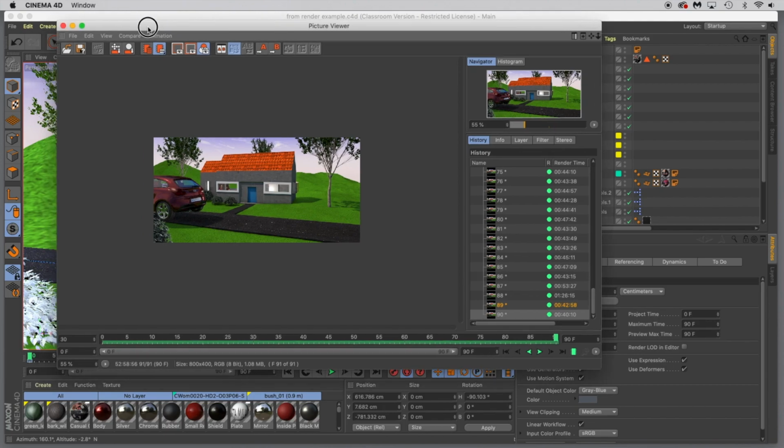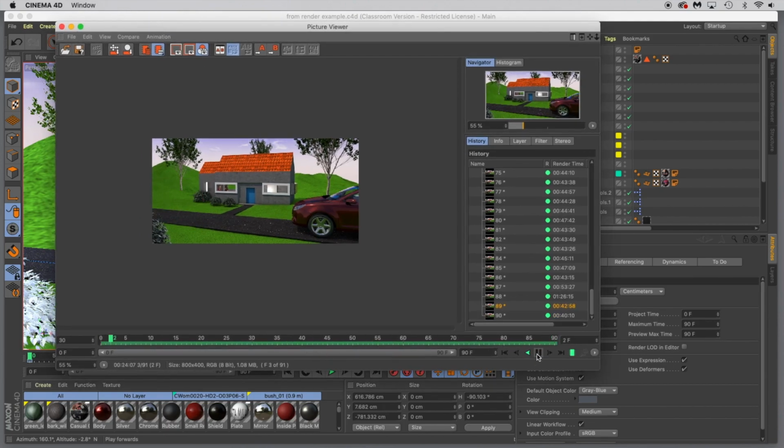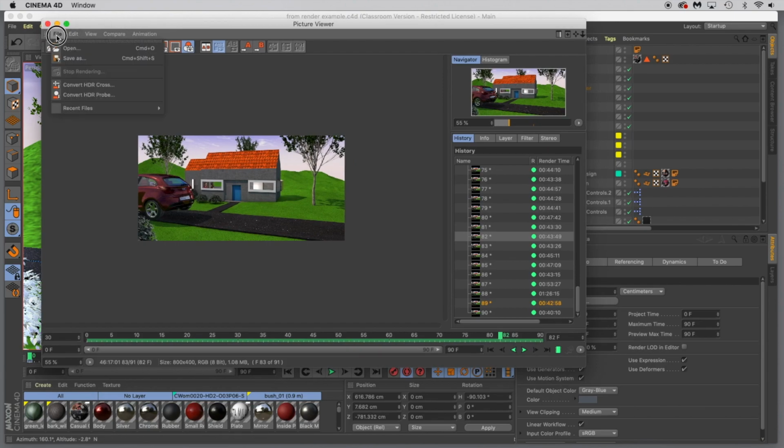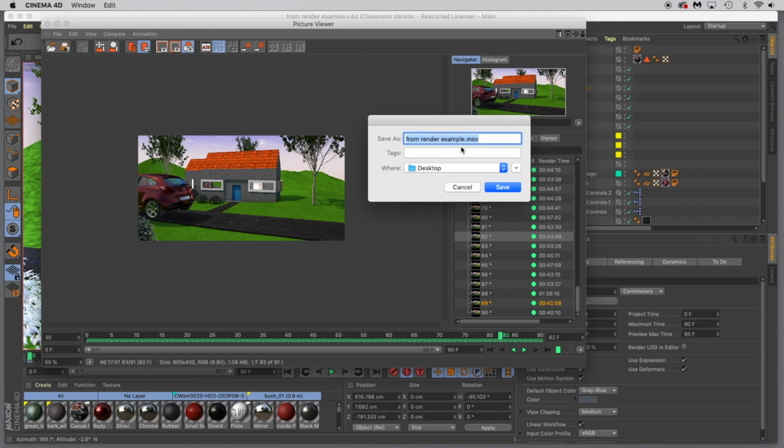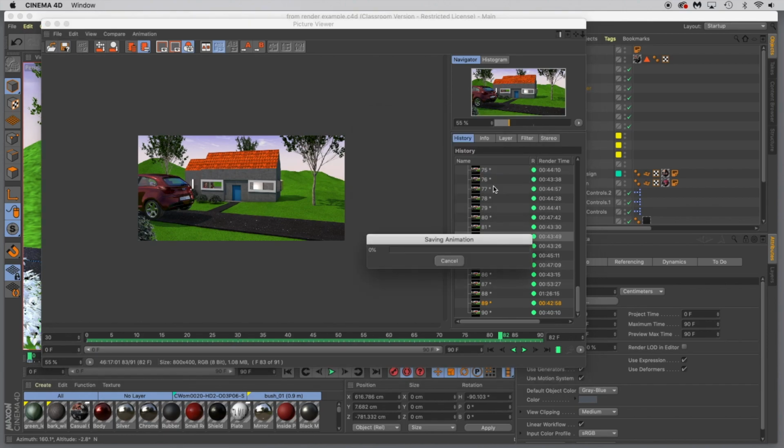So the render's finished, and all we have to do is save it out. We'll get a quick preview here, and watch the car drive by. And we'll save it to the desktop and add some sound effects. So we go to File, Save As, switch from still image to animation, leave it an MOV, click OK, and give it a title. Save it to the desktop,